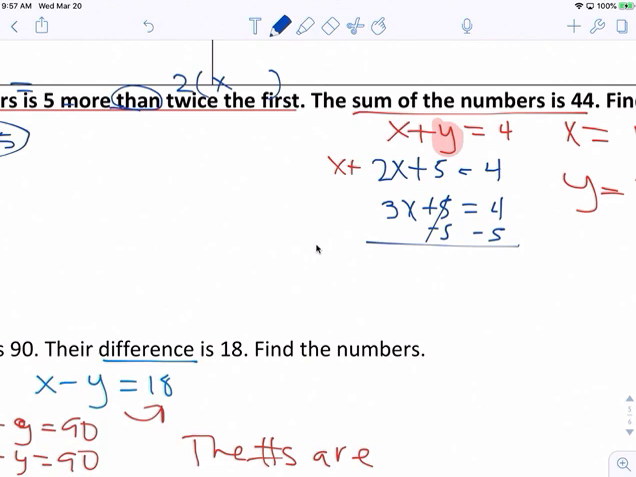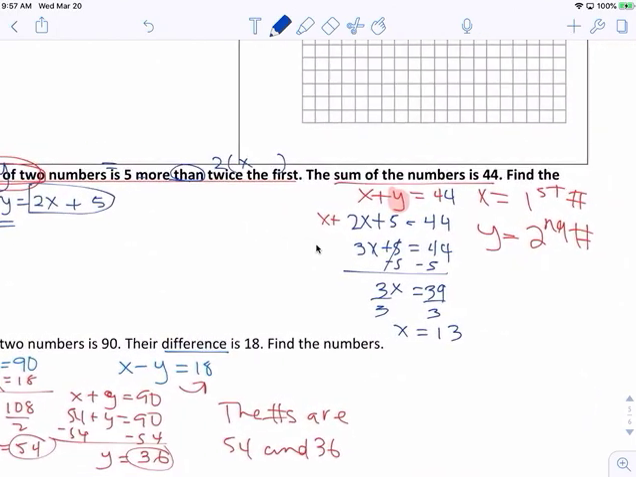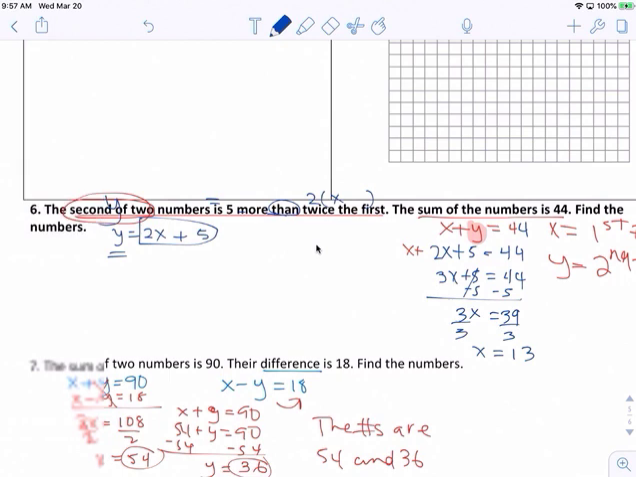X is a negative number? Oh, it's 44. That's why. 39, right? 3x. Divide by 3. Get x equals 13. So the first number is 13. The second number is, the first number is 13. And the second number